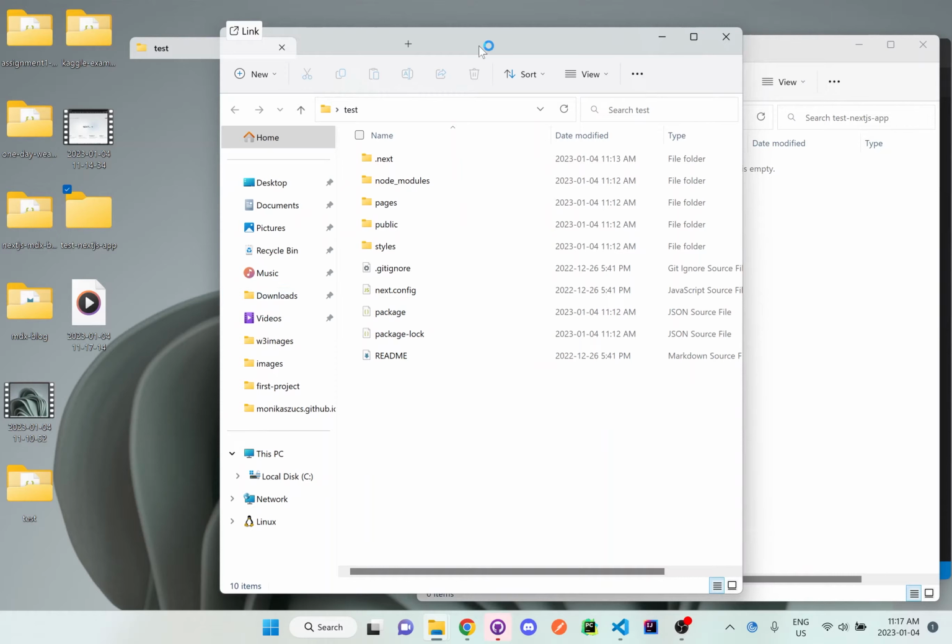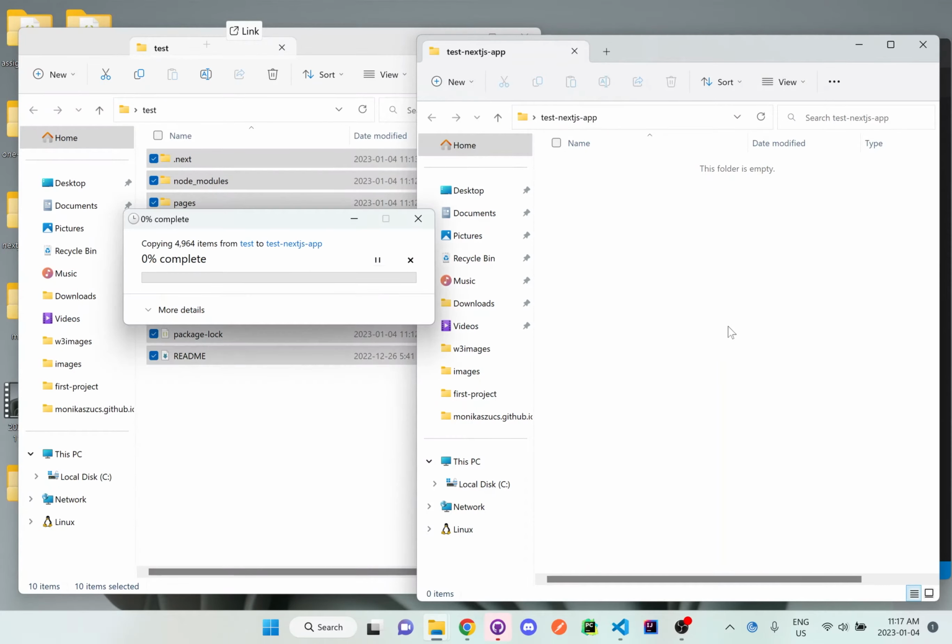So this folder that contains all the stuff, I'm just going to copy it and then paste it in that new folder that we cloned on our desktop.